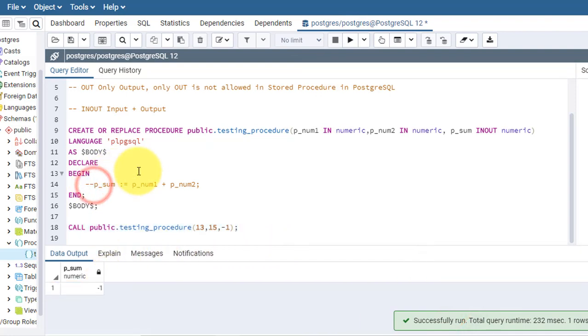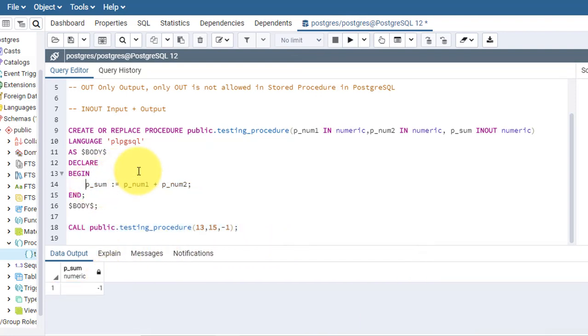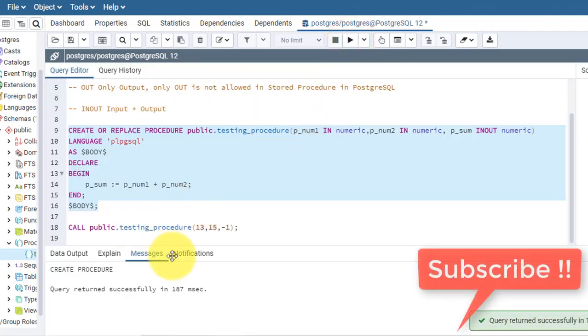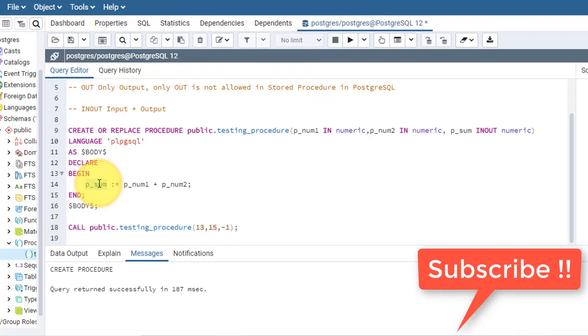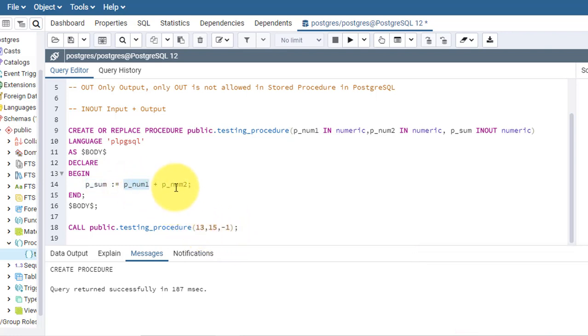Okay, so when I uncomment this and create it again, it's created. Now what will happen is my p sum is updated as p num1 plus p num2.